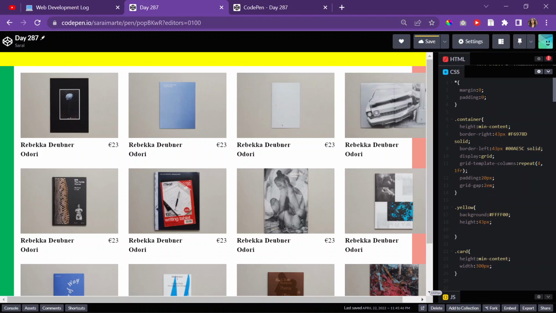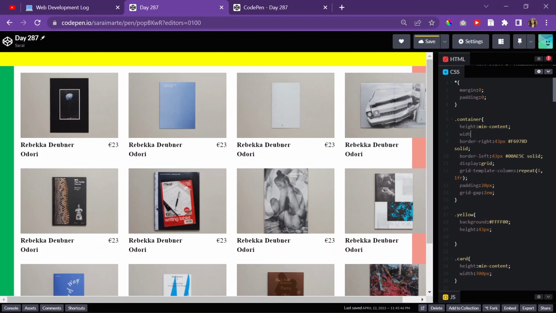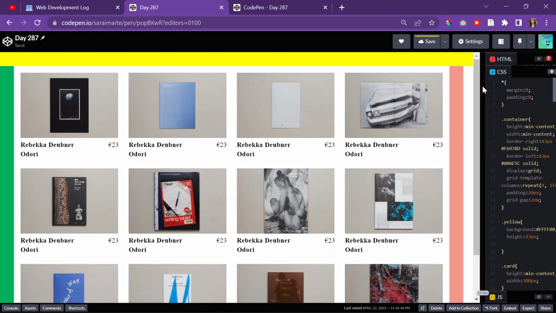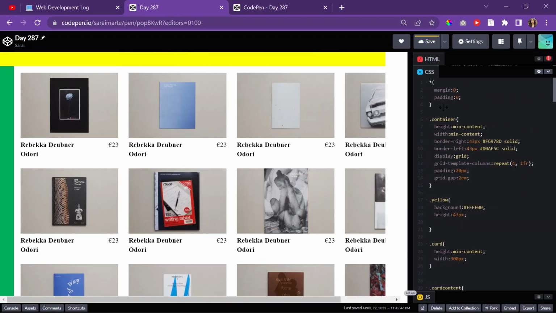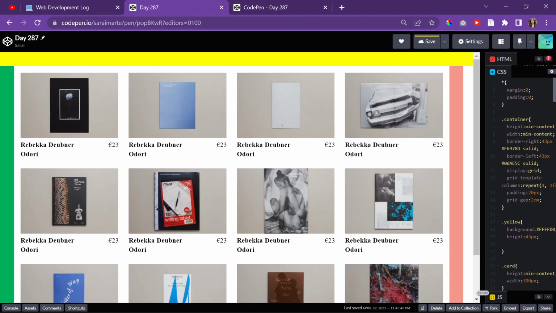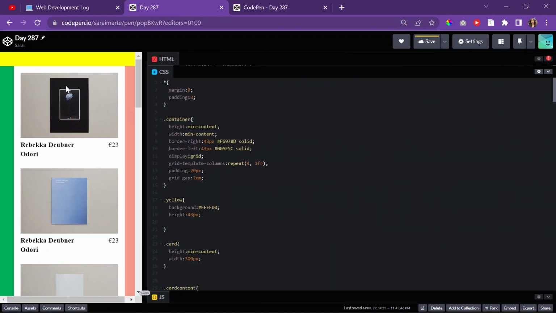The width, actually, yeah, hold on. If we have a width of min content, it's gonna always be like that. It's not. Oh my god, this is so annoying. So the container,